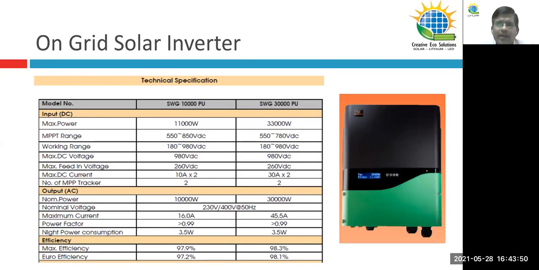Now, with respect to the solar panels we have selected, based on that we have finished our solar structure. Now, which inverter to be used? Most inverter manufacturers will have a specification sheet, and that sheet will talk about the kilowatt rating or kVA rating of the solar inverter, and in that you will have an option of DC overloading. Typically, for example, a 10 kilowatt inverter can take 11 kilowatt or 12 kilowatt solar panels. Based on the manufacturers, they have different DC overloading. So based on that, you can take a call.